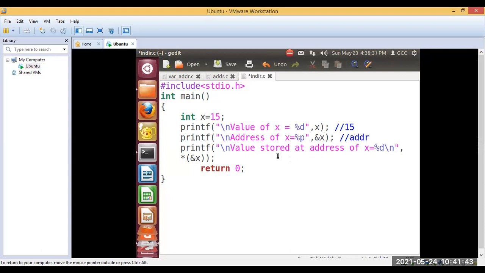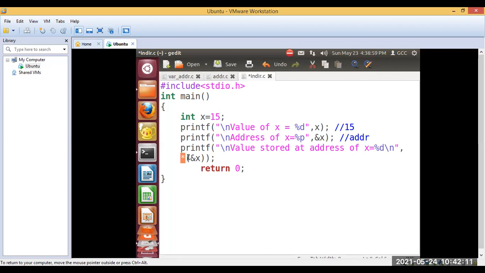Then we come to the third statement, which is about understanding the indirection operator. So this is just going to print the value stored at the address of x. What is the value stored at the address of x? 15. Correct. This particular value is stored at a particular memory location and we need to access it.